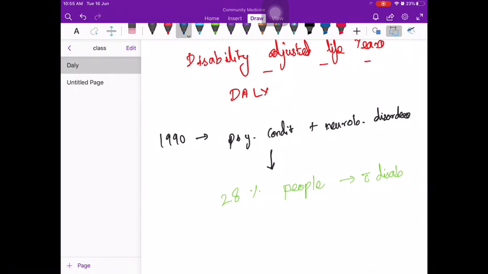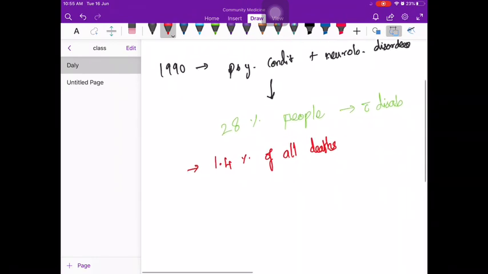But these psychiatric and neurological disorders accounted for only 1.4% of all deaths in a year, and also 1.1% of years lost